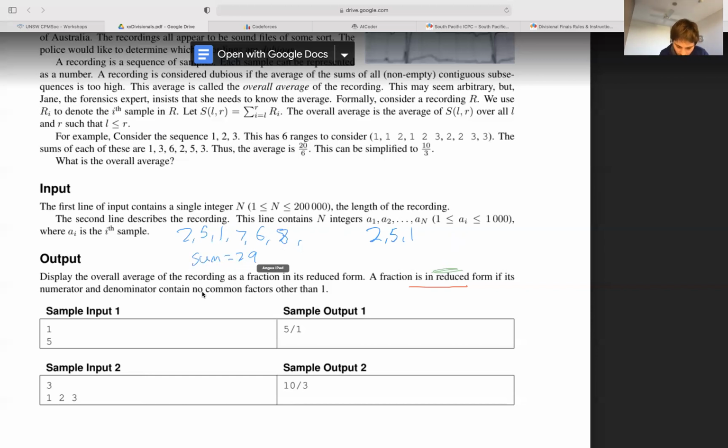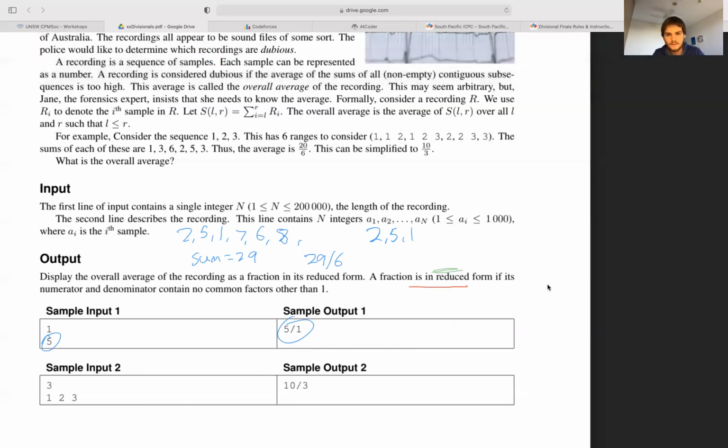So the answer then would be 29 divided by 6, the average sum of the ranges. In the first sample input, there's just one range with sum 5, so you get 5 divided by 1. Does that make sense? Okay.